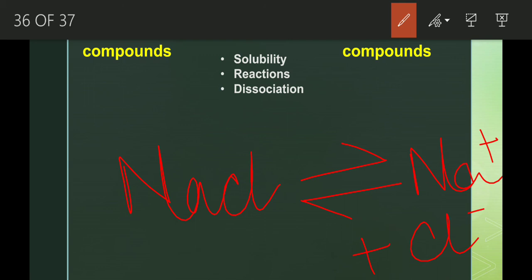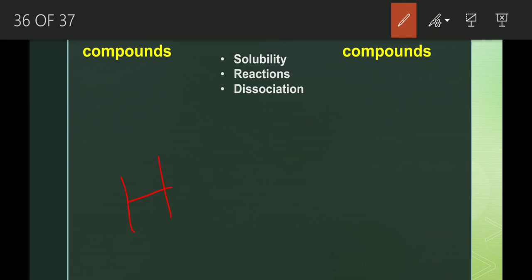Whereas covalent compounds undergo ionization. Okay, it undergoes ionization in solution state on the passage of electric current. The process involves the formation of ions from molecules which are not in the ionic state. Suppose we take the example of hydrogen chloride, HCl. Then what will happen? H+ and Cl-. In solution state it will happen. So electrovalent compounds undergo electrolytic dissociation, and covalent compounds undergo ionization. That means ions will be formed from molecules.